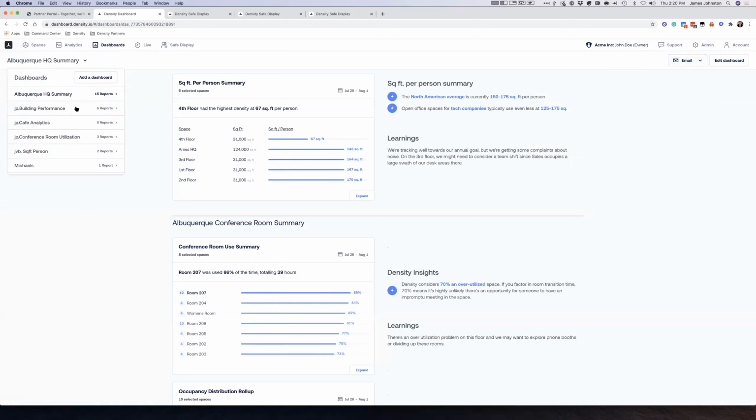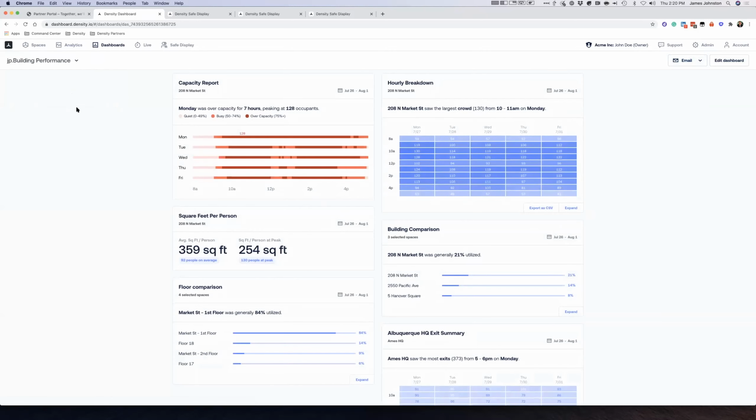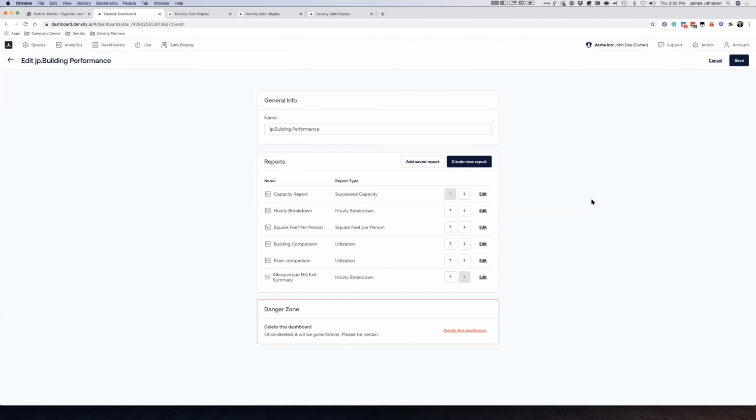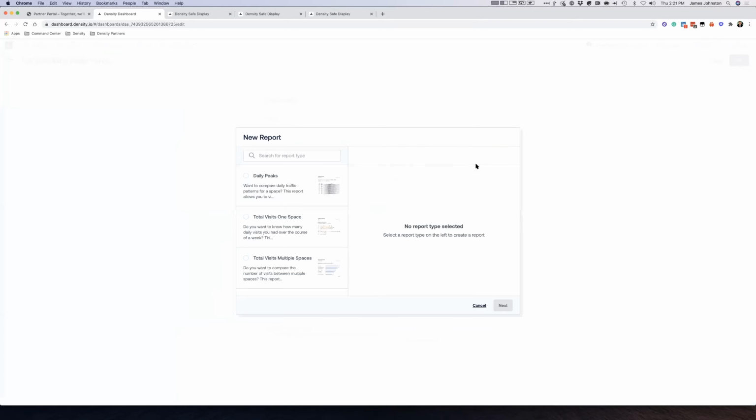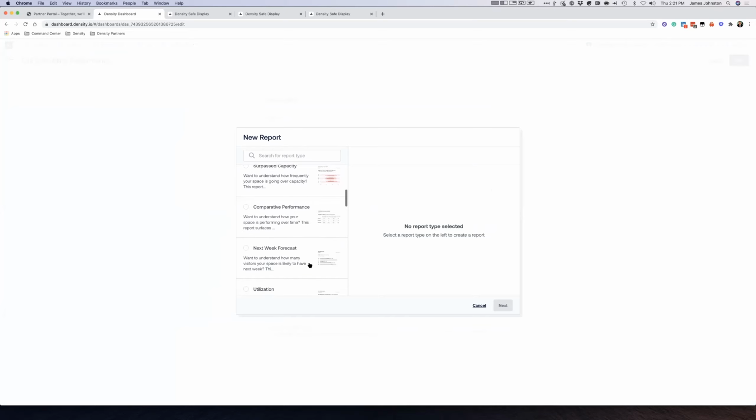Within the reports themselves, we can dive in, and we're just going to look at building performance for a moment. We can take a look at capacity reports, hourly breakdown, square feet per person. We can do floor by floor analytics as well, or even building comparisons within here. As part of the dashboard structure, there's approximately 30 reports within here that we can dive in and take a look at your peaks. Do we want to take a look at multiple spaces, your daily visits,